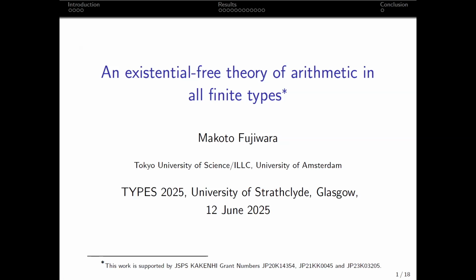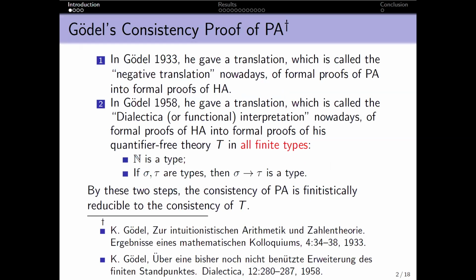Thank you for the introduction. Let me start my talk with a brief introduction to Gödel's consistency proof of Peano arithmetic. First, in his 1933 paper, he gave a translation, called the negative translation, of formal proofs of Peano arithmetic into formal proofs of Heyting arithmetic. Then in his